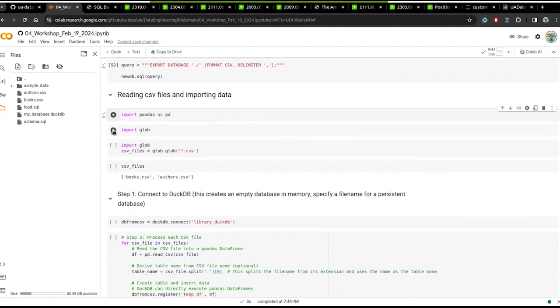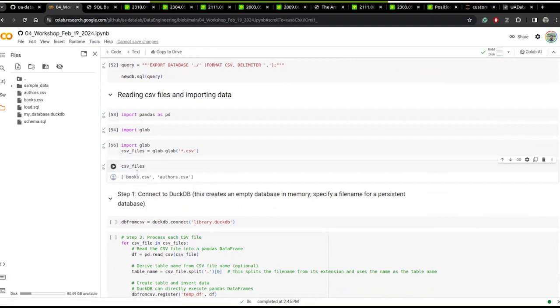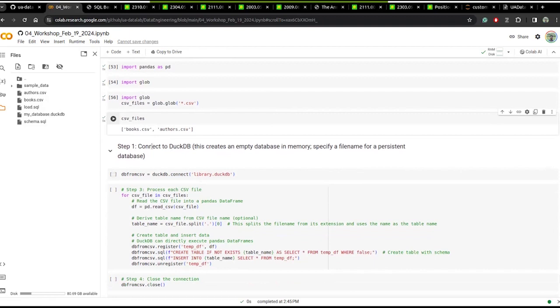Okay, let's import glob now. What this package will do is collect all the CSV files inside the directory and put them into a list. Once I run it, since we have books.csv and authors.csv as the two files we generated in the previous step, it will say we have books.csv and authors.csv as two CSV files. Now what we'll do is